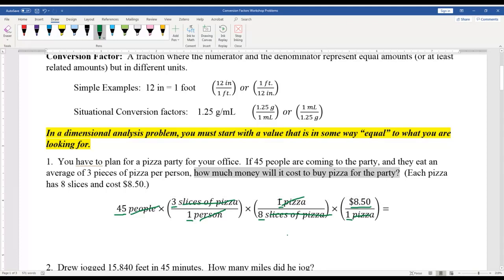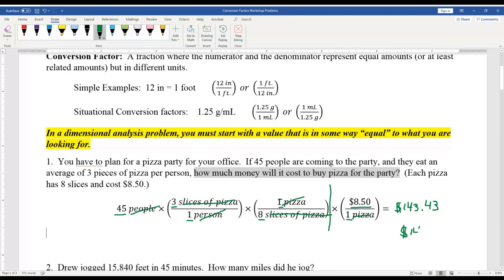You said 143 point what? Point 43. Okay, 143.43. Now, admittedly, this would be the cost if you could buy pizza by the slice, but if you're only buying whole pizzas, you might have just stopped right here, figured out how many pizzas it would be, and it turns out that it would be about 16.85 pizzas. You'd round that up to 17, and 17 times 8.50 would be 144.50 if you went by the